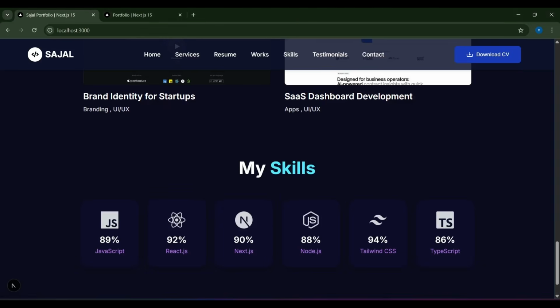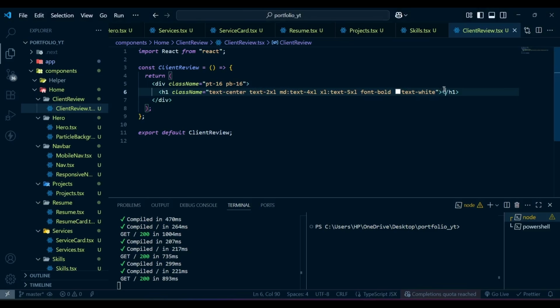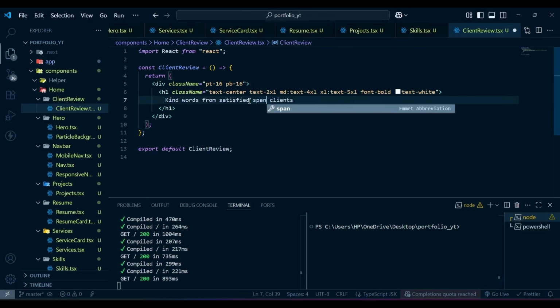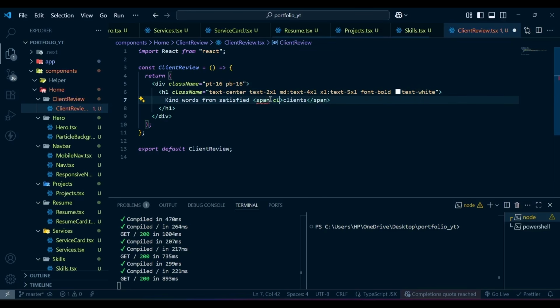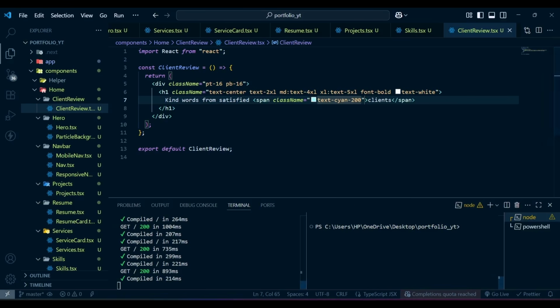Now inside this we will have our section heading, so I'm going to copy the section heading from here. Copy this and paste it here, and then here I'm going to use a span, and inside this span we will have our text client, and then this span will have a class name of text sign 200. So now if I hit save and go to our project,